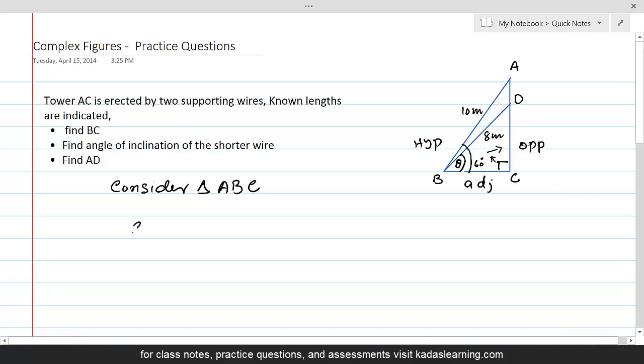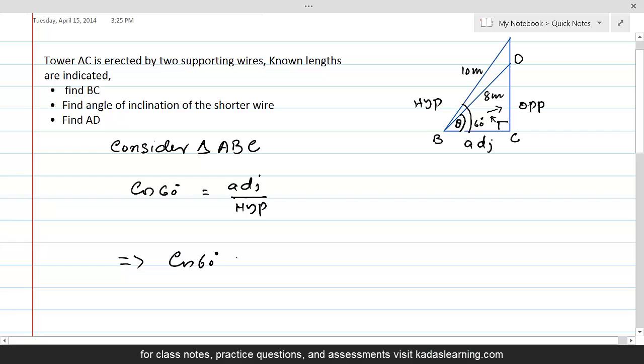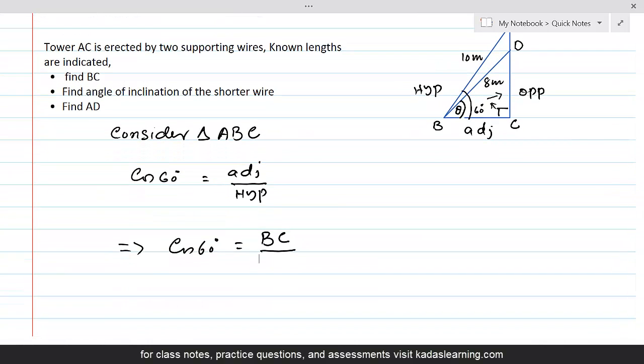So cos 60 degree would be equal to the ratio between adjacent and hypotenuse. That's the definition of the ratio of cos 60 degree. So from this, cos 60 degree will be equal to adjacent, which is BC, over hypotenuse, which is AB, and its value is equal to 10. So BC will be equal to